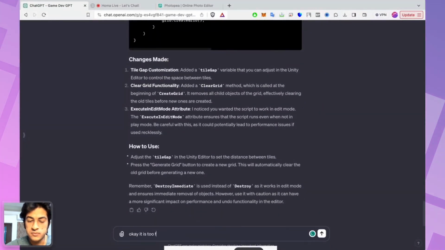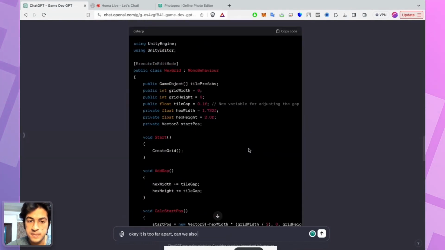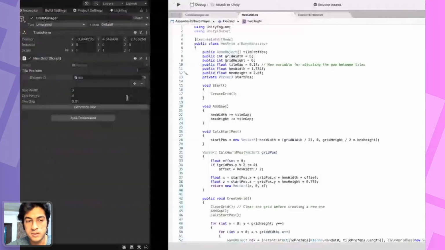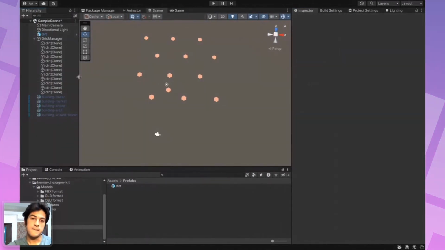It is too far apart. Can we also... Actually, we can do that ourselves. So go here, public, and yeah.